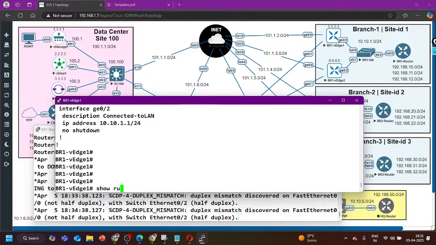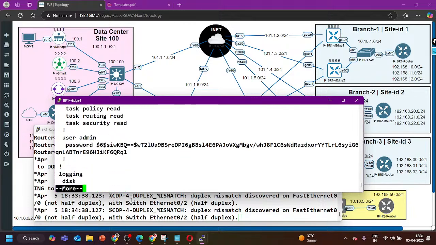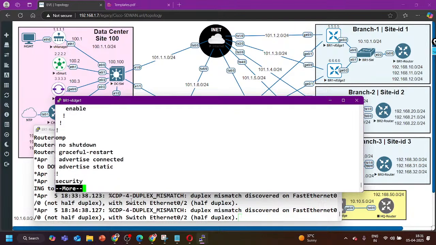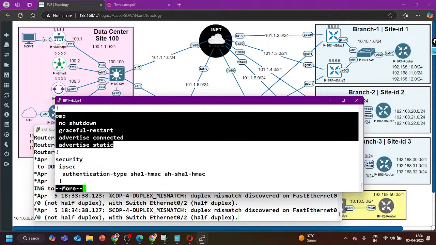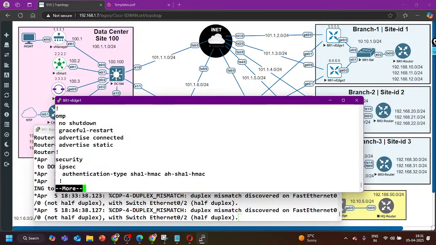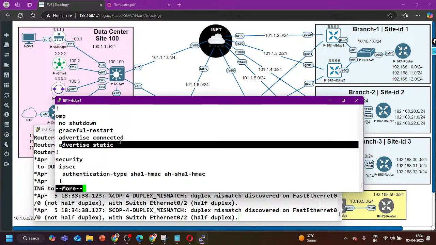Check the running configuration. So run and OMP. In the OMP you can see what it's saying. Overlay management. Advertise connected and advertise static. So we need to redistribute OSPF into OMP,